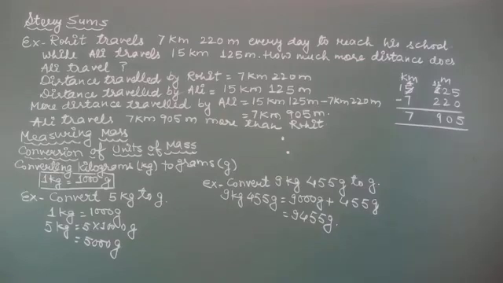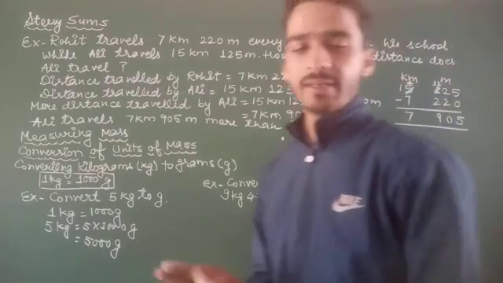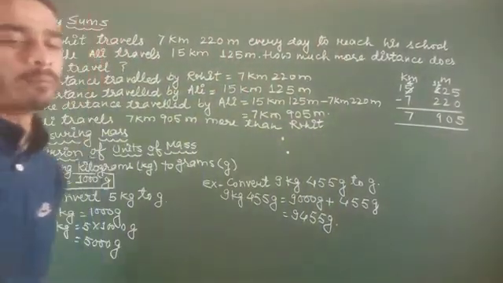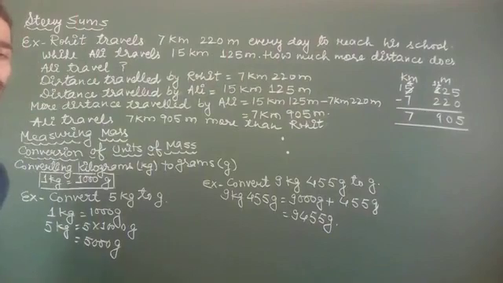Today we have learned about measuring mass. How can we measure mass? You know that the mass of an object is a measure of the matter that it has, and the units used for measuring mass are gram and kilogram, kg and g. To measure the mass of an object, you can compare it with one or more weights, and a set of such weights can be of various measures.